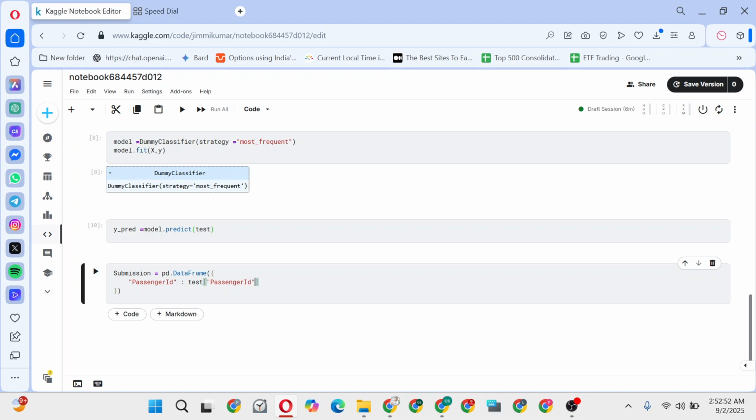Otherwise it's better to copy the passenger ID directly from the test data only. And then create a column named Survived. I hope it was a capital S. Anyways,